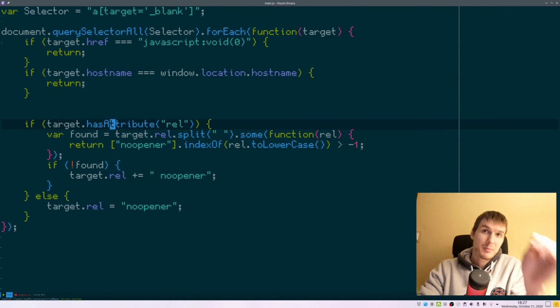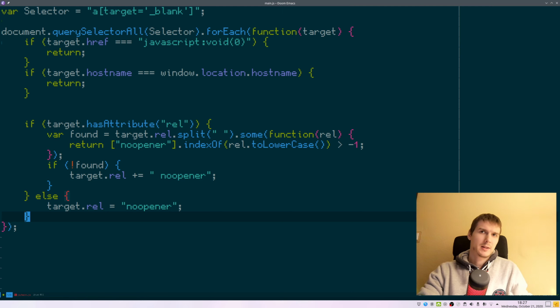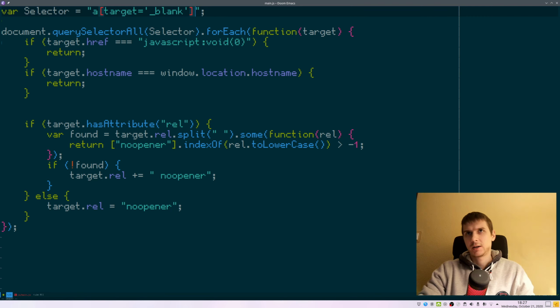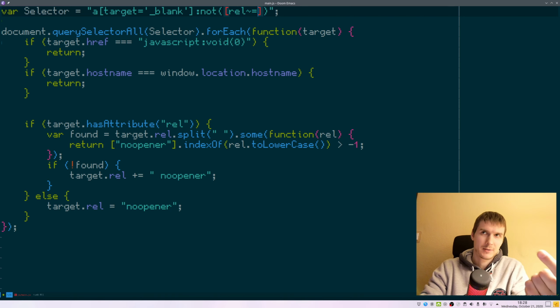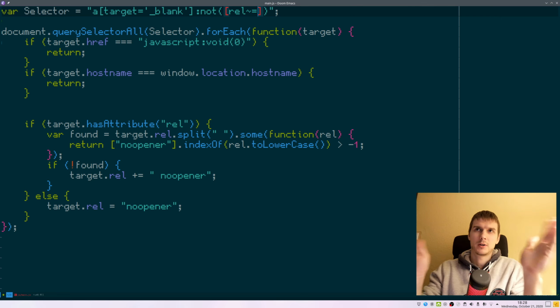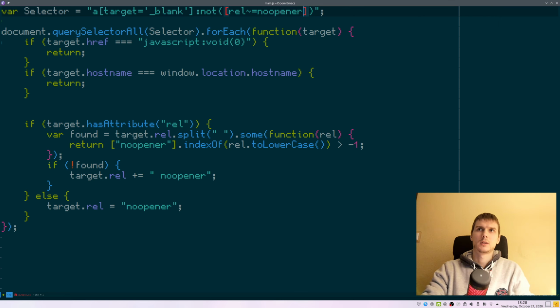Okay, so we can replace this entire thing with one line assignment, and we can use a CSS selector that checks whether each one of these links does not match a given condition, and the condition is this: rel equals, not equals, but contains a word after, before a space, or at the borders of a string. And so basically this link does not contain the word no opener. And now we do not need any of that,